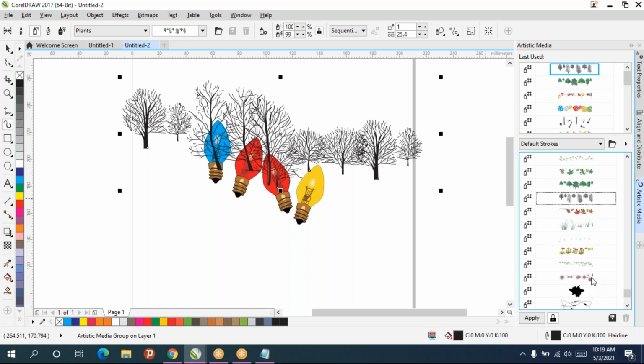So this is mostly used for cartoon designs. Those who want to create cartoons, they'll use this a lot.